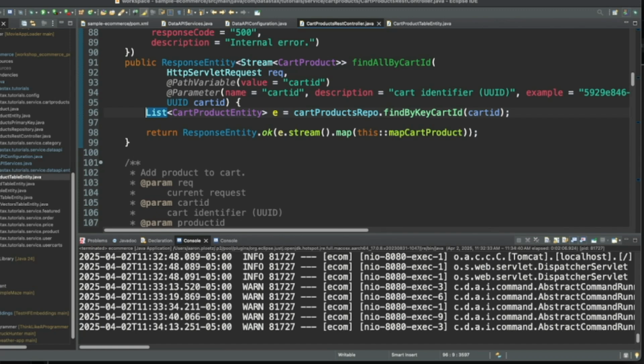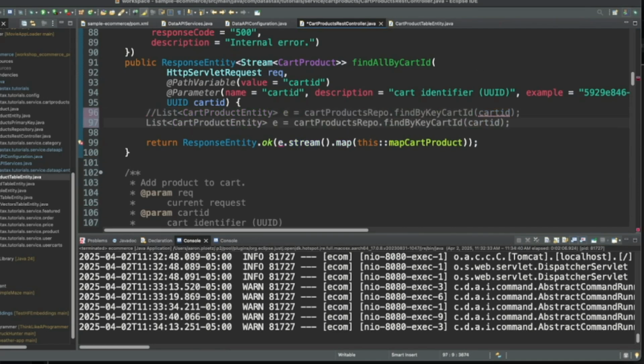Now, instead of building a list of a cart product entity from cart products repository, find by key cart ID, let's just comment that out. And let's say list cart product table entity. And we'll say results. And that's going to be cart.